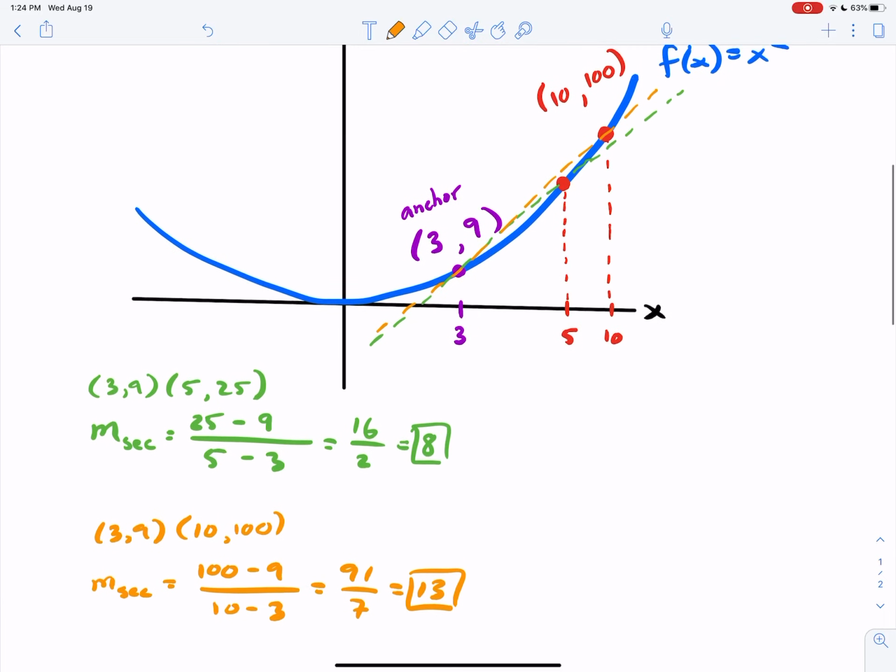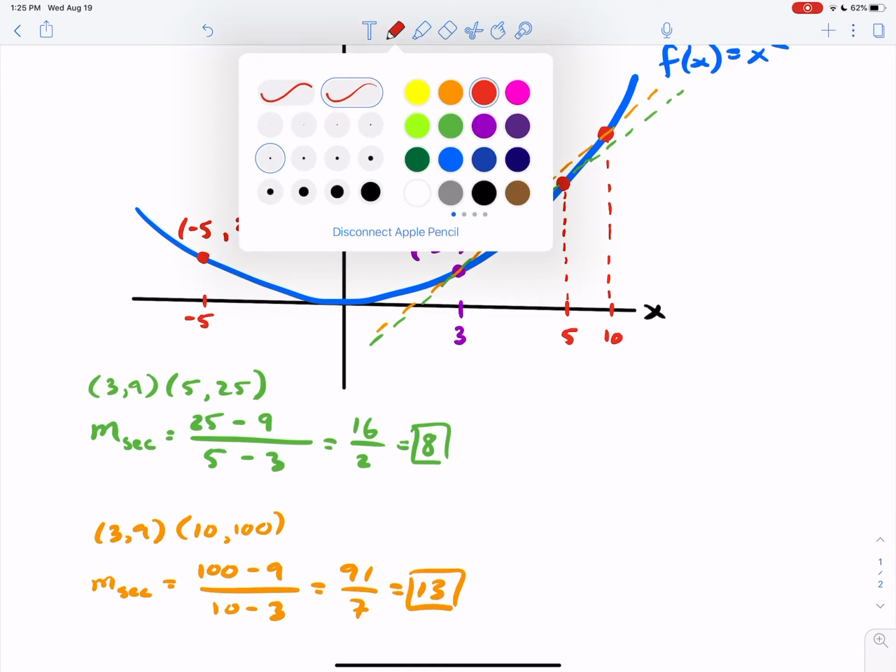Cool? Okay, so let's do one more. We're going to keep our anchor, but now I am going to pick a new point. I'll call this negative 5. Pause and play when you're ready. That should be negative 5 comma positive 25, because when you square numbers, it always comes out positive. Okay, so now that I have my anchor and my new point, these 2 points I can always create